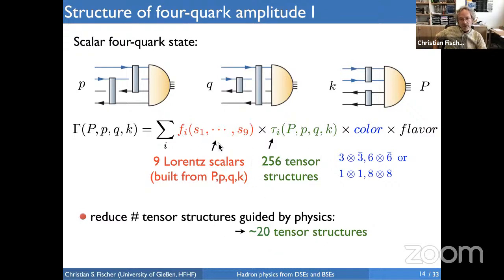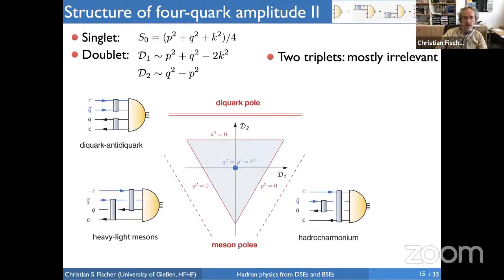We also need to reduce complexity here. And in order to do this, the permutation group comes into play. And this is, again, probably one of the most complicated transparencies that I have. So please stay with me for a second, and then we'll have a look at the results. It turns out that all these relative momenta can be grouped in multiplets of this permutation group. There is a singlet, which is basically a scale, and there is a doublet of two particular combinations of these relative momenta. So these doublets go into each other when the roles of quarks and antiquarks, for example, are interchanged.